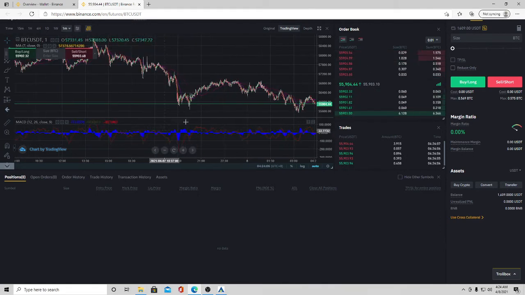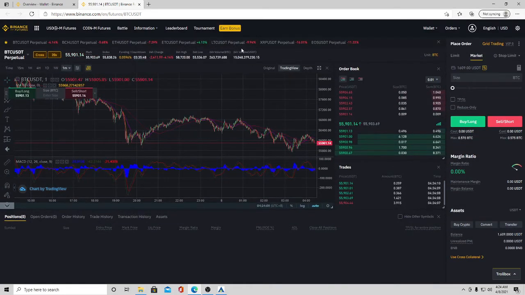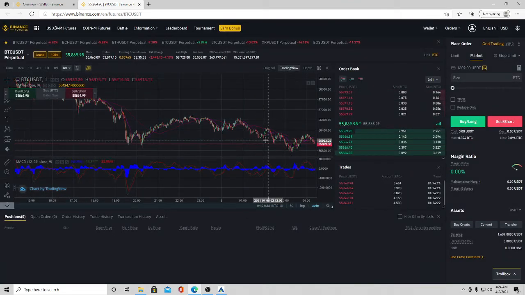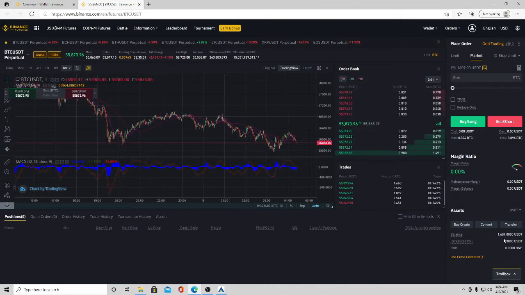Now the leverage is right here. So for Bitcoin, as I said, Bitcoin with the Binance, you get 125. Confirm. You can buy. So basically with this little amount I have here,